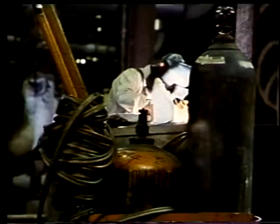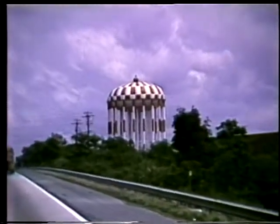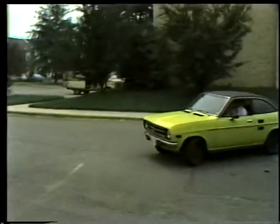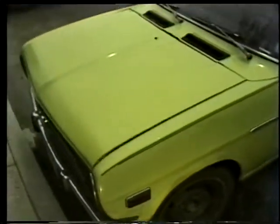Gases under pressure are used for welding and burning metals. Pressure created by the elevation of this community water tank enables water to reach homes, schools, hospitals, and businesses. We even ride on tires filled with pressurized air. Pressure is an invisible workhorse, capable of jobs as widely different as powering machinery and cushioning the ride of cars